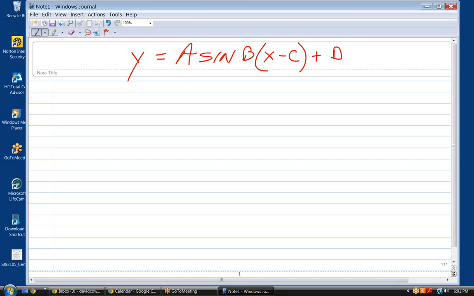The reason is that you immediately know that C is the phase shift, and that D is the vertical shift, and the period is 2 pi divided by B. Okay. If you get a function like this,